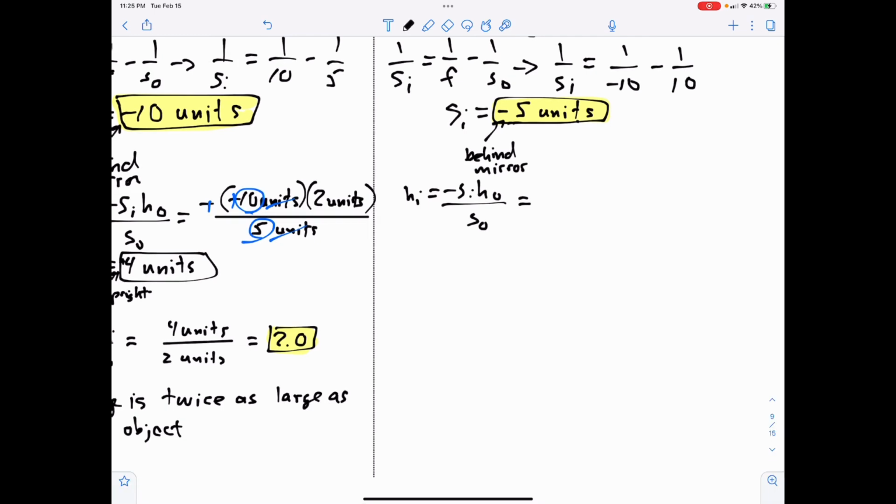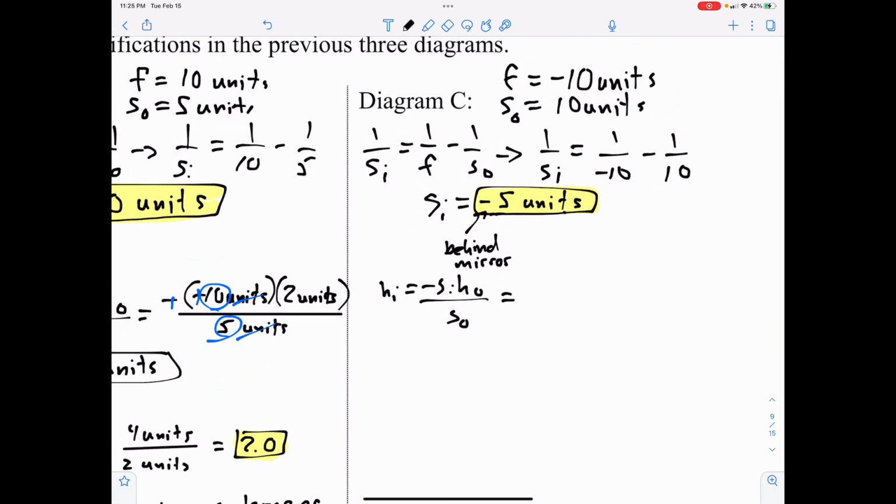So we have the image height: negative times negative 5 times the object height, which was 4 units high, over the object distance, which was 10 units. So what do we have here? Negative times negative is positive, and 20 over 10 means the image height